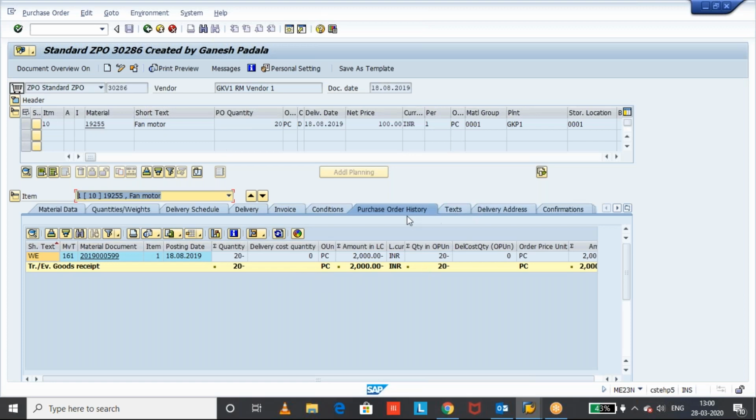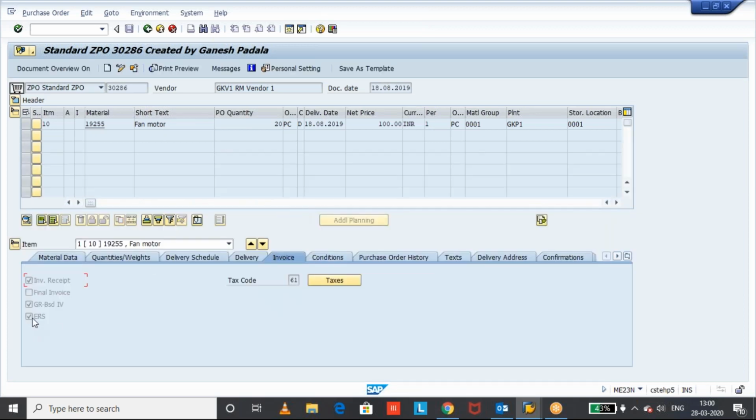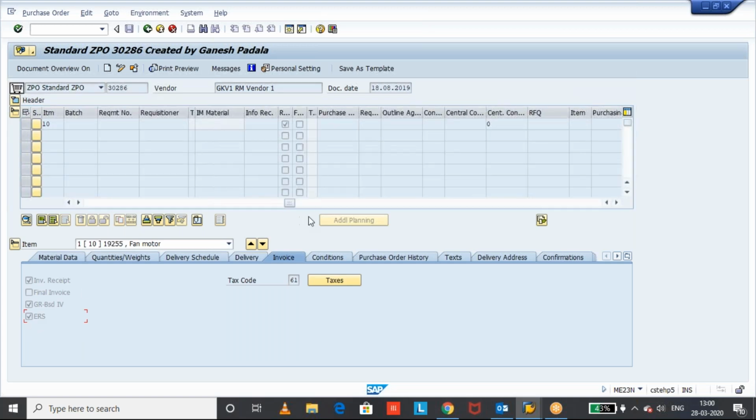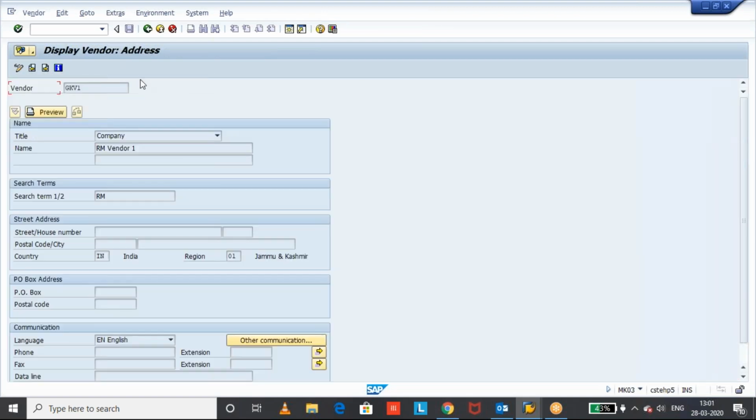Okay. So here, let us check this invoice tab. See, the ERS flag is available, which means we can create the invoice based on the MRRL transaction code. From where will it come? Let us check the vendor master. You go to the vendor. If you double click here, the system will take you to the vendor master.